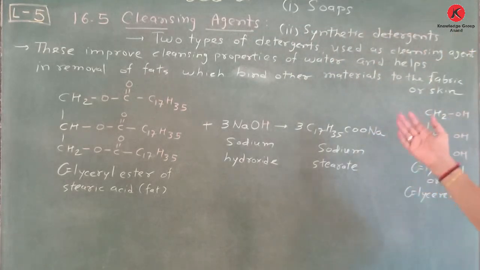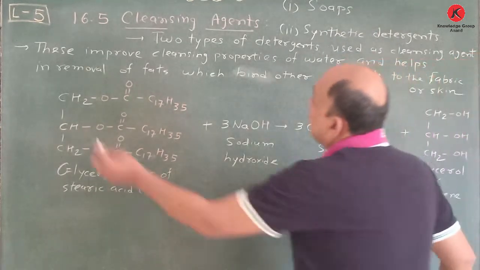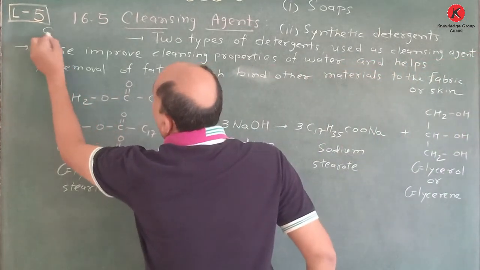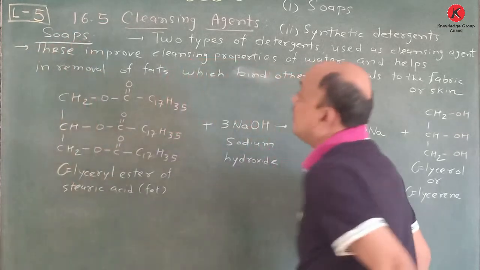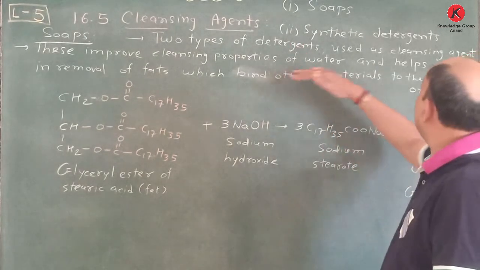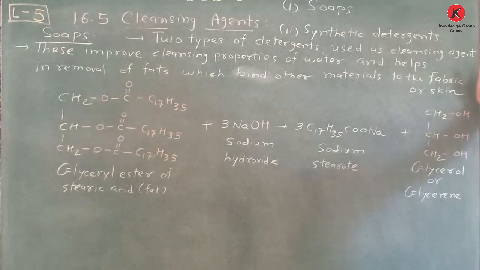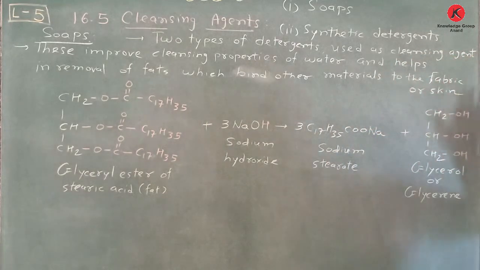So here we first select soaps. First topic is soaps. These soaps are, we can say, one of the two types of detergents used as a cleansing agent. These improve the cleansing properties of water and help in the removal of fats which bind other materials to the fabric or